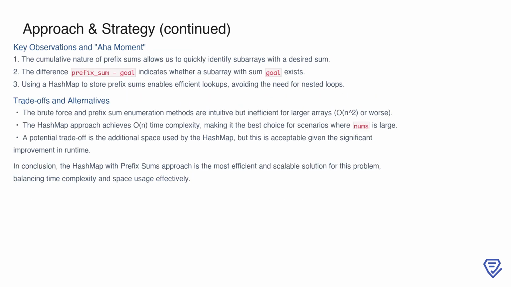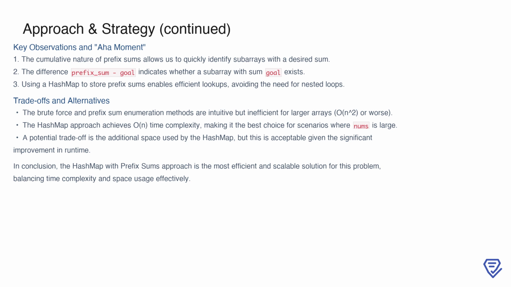To summarize, the hash map with prefix sums approach is built on several key observations. First, the cumulative nature of prefix sums allows us to efficiently identify subarrays with a given sum. Second, by calculating the difference prefix_sum - goal, we can determine whether a subarray with the desired sum exists using previously seen prefix sums. The hash map enables quick lookups and eliminates the need for nested loops, making the process highly efficient. While alternative methods like brute force and prefix sum enumeration are more intuitive, they are computationally expensive for large